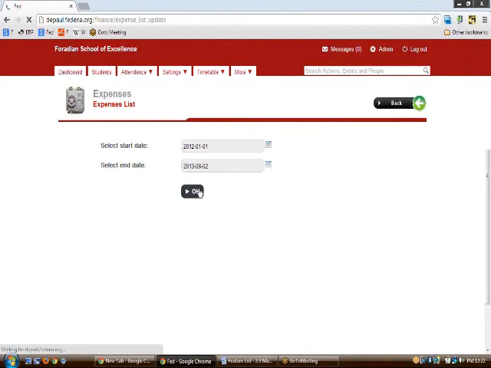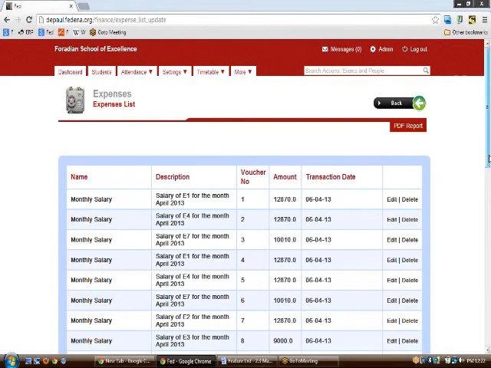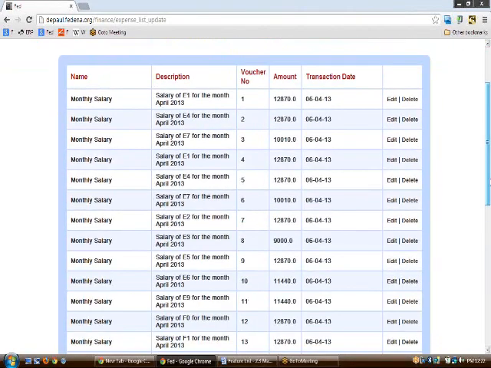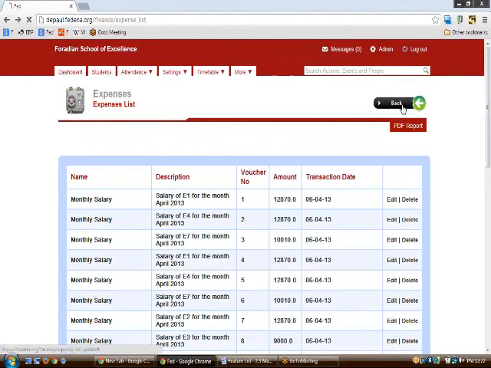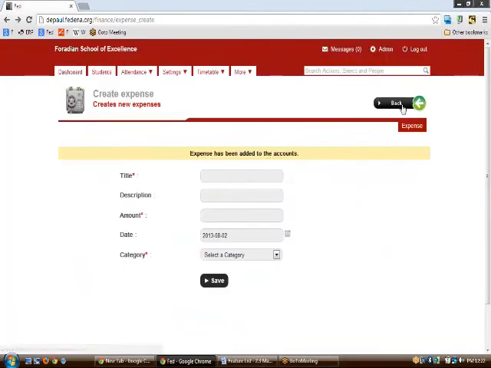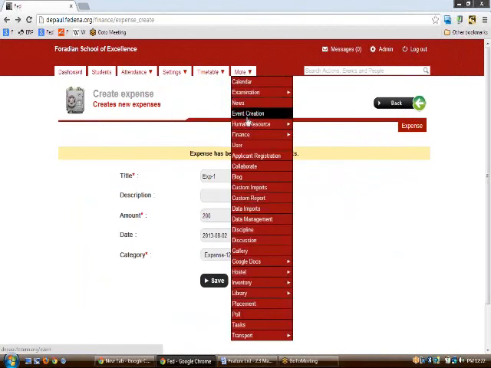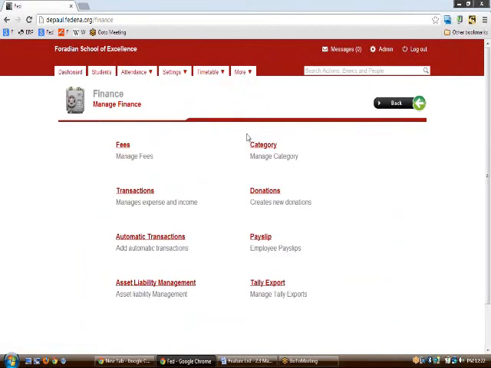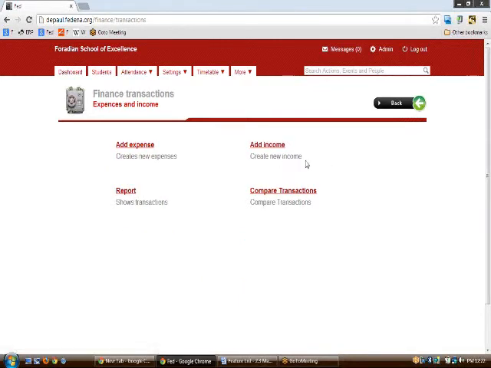So on clicking on this, you will see all the expenses which are to be paid by the institution from a particular date to another date. So similarly, you can add the income also. Similarly, we can add income of some other category transaction.